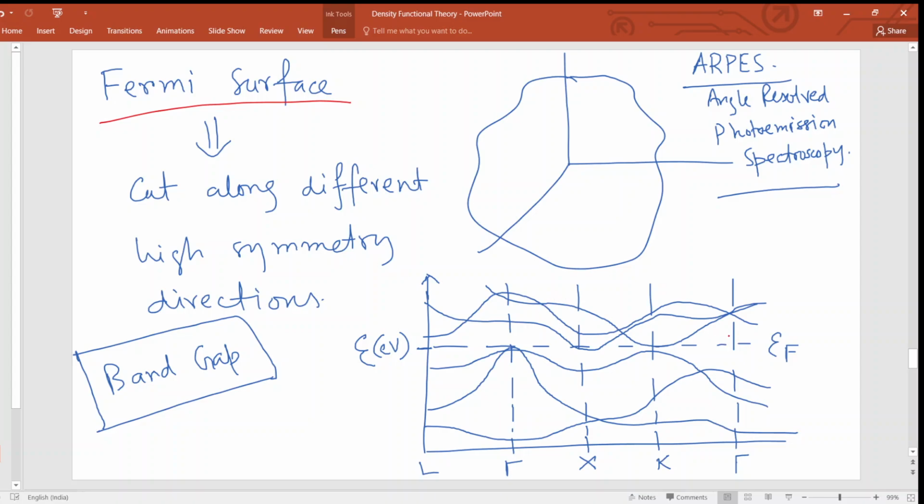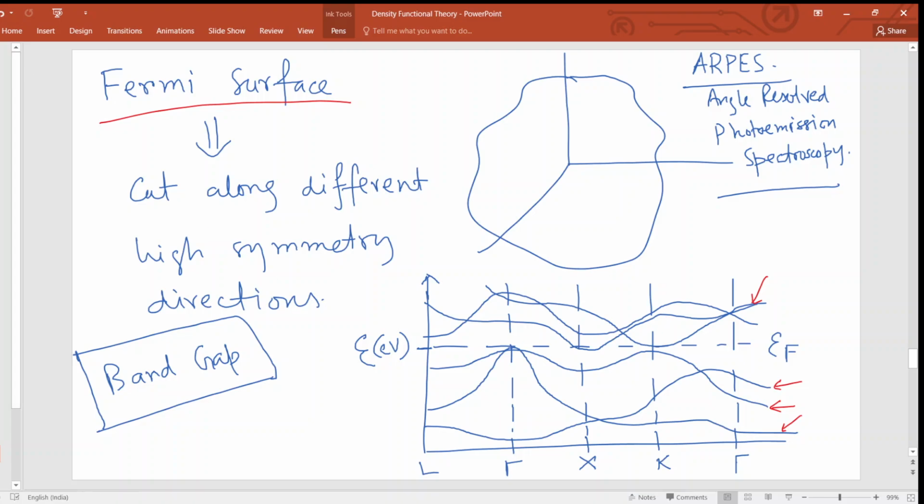So here is a schematic which is plotted here. You can see there are different bands like this, and these bands have different curvature. Usually we are more interested in the bands around the Fermi level. So here you can get to know whether the material is semiconducting or metallic, what sort of curvature it is giving, and whether it's a direct or indirect band gap semiconductor, things like that. Okay, and you can also define the band gap.